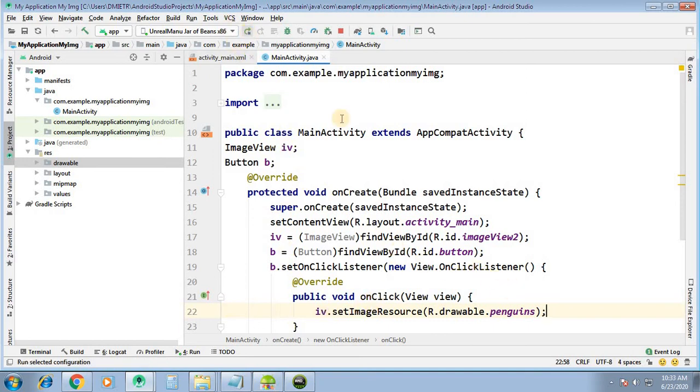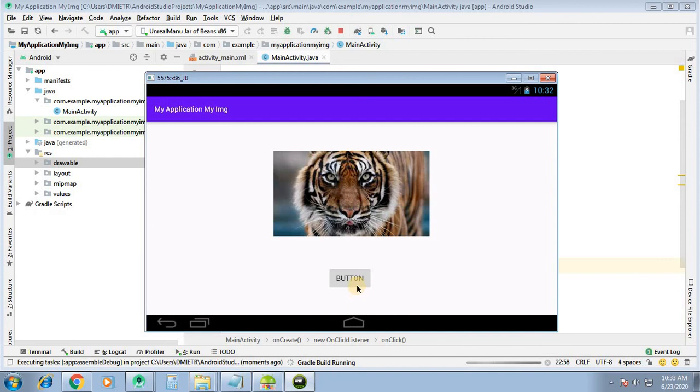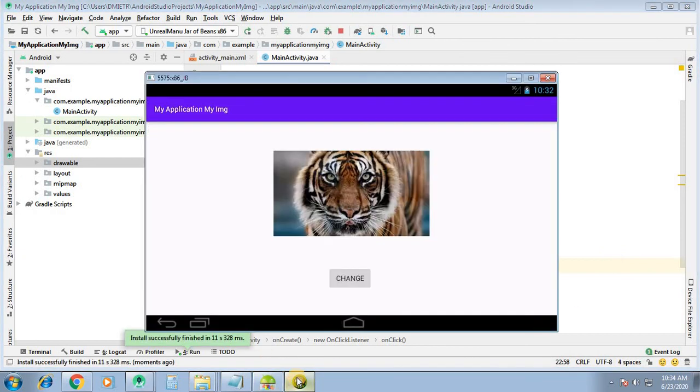Now we will see this. Let us run the configuration. When I click on this button, the image will be set to the penguin. So activity has been launched.